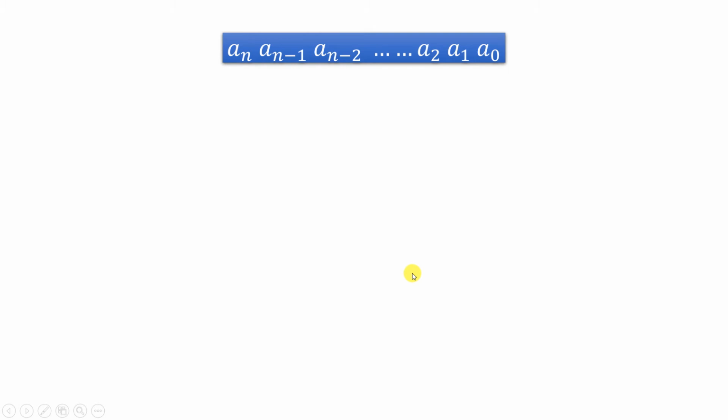Say for example, we have an n digit number like a_(n-1), a_(n-2) and so on up to a2, a1, a0. N can take any value. Say for example, n is 5, so it will have 5 digits. That is how we understand this.